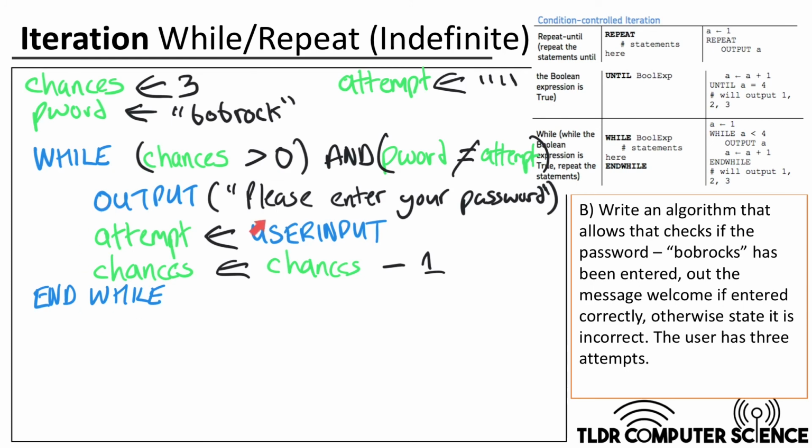But what could happen is that the person keeps on putting in the wrong answer, and they get chances 1, and then chances 0, and that would mean it would stop that way as well. So it might be because they've run out of chances, or it might be because they put in the right password. How do we know? Well, here's how we know. We do a final if statement at the end, and what are we testing for? If the password is the same as the attempt,